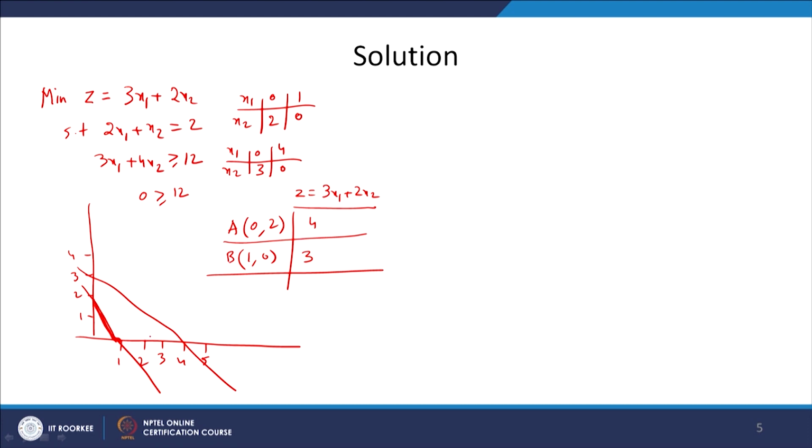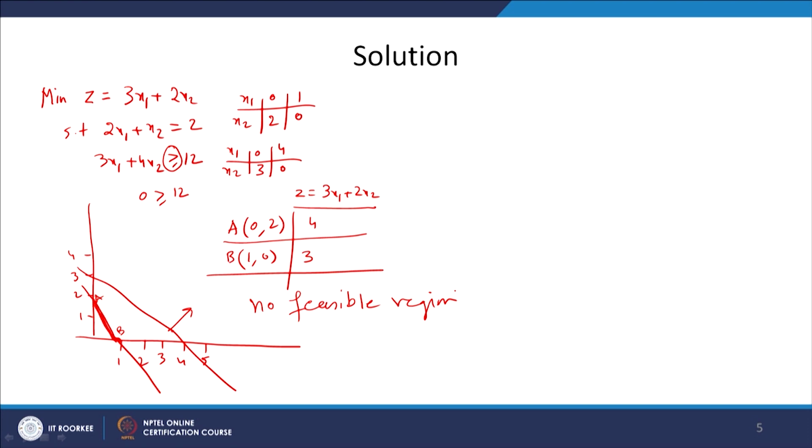Since this is a greater than or equal to constraint, that means that the feasible region is above the line, and the first constraint is this line segment A and B. But we need to find out the feasible region, and because one constraint shows that the feasible region is above the line and the other constraint shows that it is the line segment, therefore, there is no feasible region, and that is the solution to the problem if you solve it graphically. Now, we have to